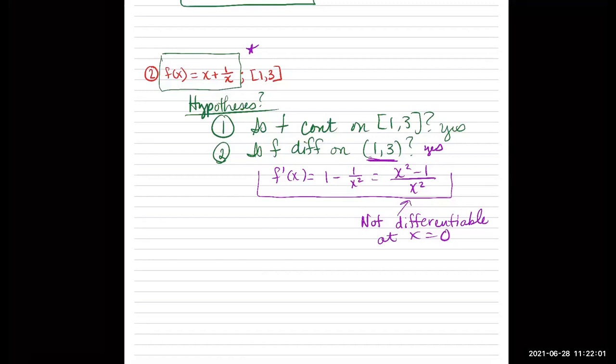Okay, so if we know those things are true, then we know that we can apply the mean value theorem. So the mean value theorem says there's at least one place where the derivative, which we already found, right? So notice I just copied that down, where the derivative is equal to,